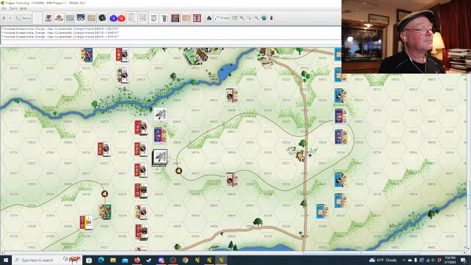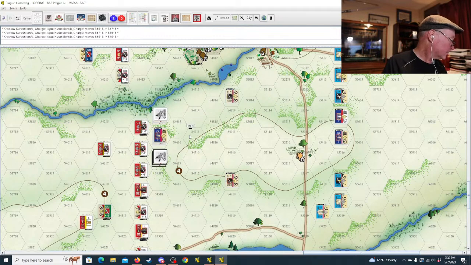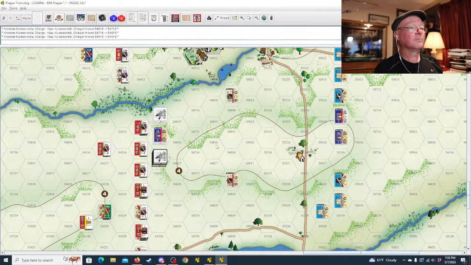So the first way is just the idea of being outflanked when you do your defender morale check. Obviously, morale is probably more important to close combat than anything is. And if you are outflanked, you get a +10. And what that means is if there is a non-routed enemy unit in any of your flank or rear